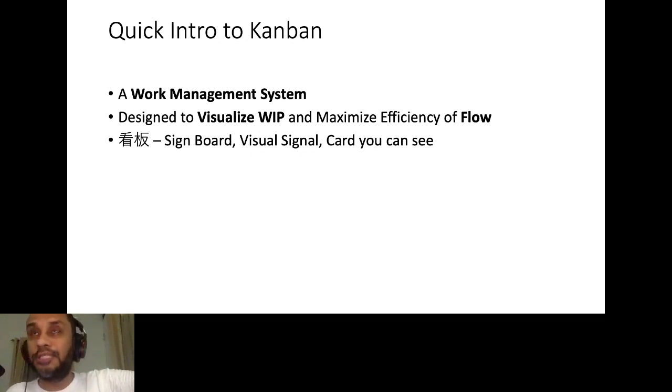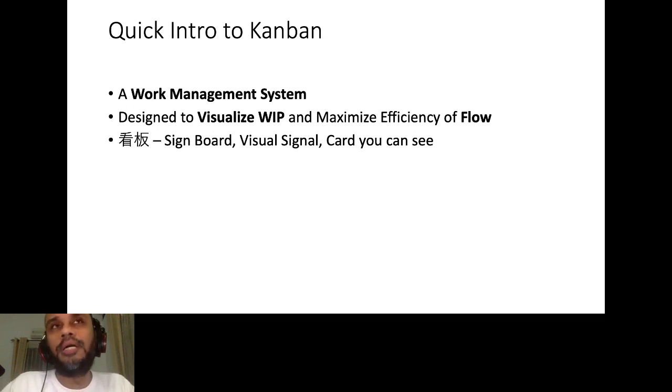If they're selling fish, they'll write the name of the fish and mention that this particular fish costs this amount. So to make things visible, they started creating these visualizations, and that's the origination of Kanban, around 1603, 1604. But Kanban actually became popular in the 1940s, somewhere around 1945, 1946, once again just after the World War. Kanban became popular in the Toyota production system, right?